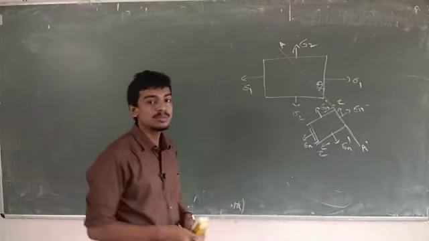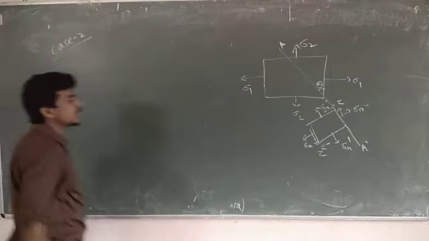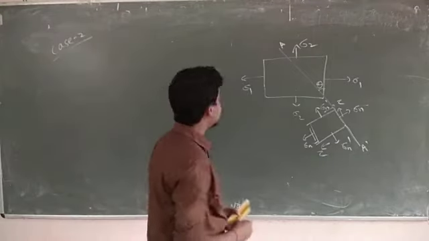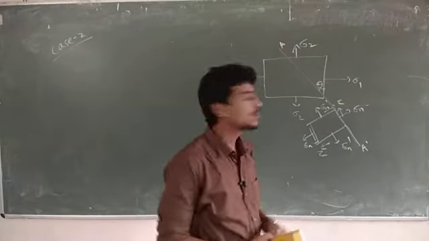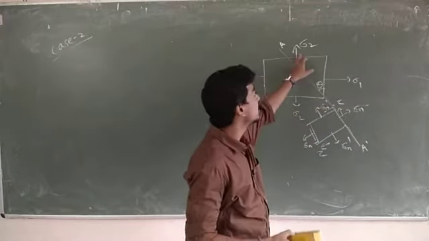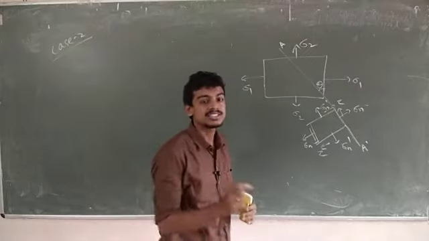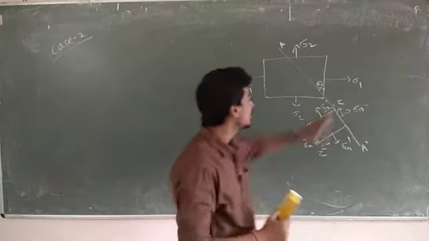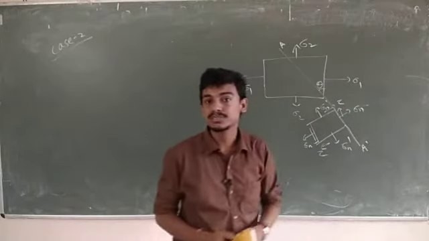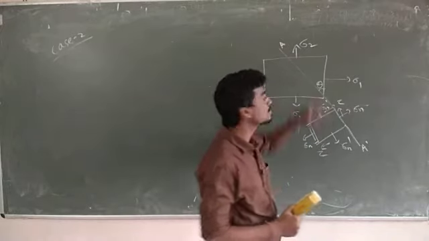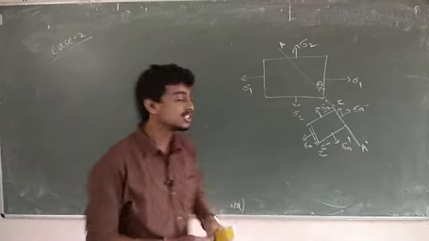Now in this lecture we will move to case 2. In this diagram it is quite clear the member is subjected to the principal stresses sigma 1 and sigma 2, which means this is biaxial stress. In the previous case it was uniaxial, only one stress sigma x was given, and in the perpendicular direction there was no stress. But in this case there are two stresses, sigma 1 and sigma 2, the major principal stress and the minor principal stress.